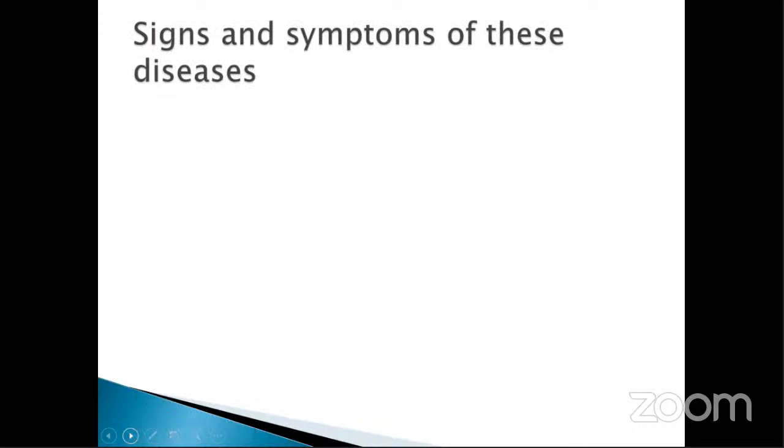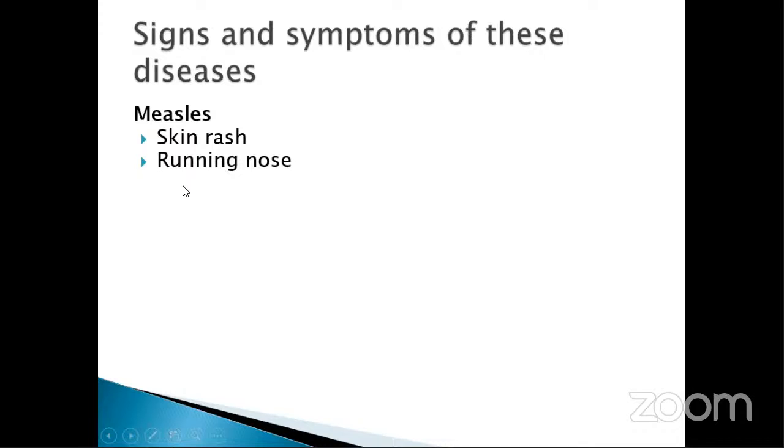And then lastly, the last part is the signs and symptoms of these diseases. How do you know that this one is measles or this one is polio? So for you to know that this one is measles, you will see this. One, skin rash. Two,